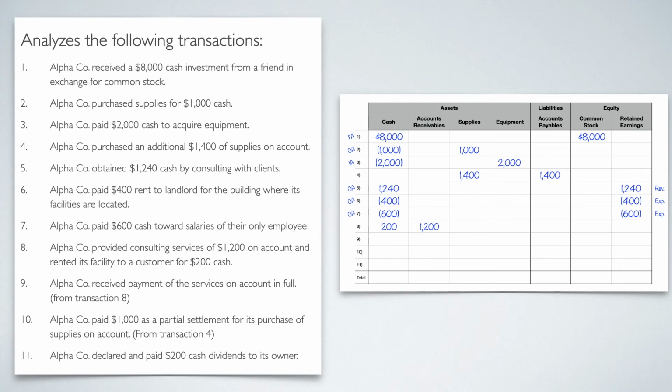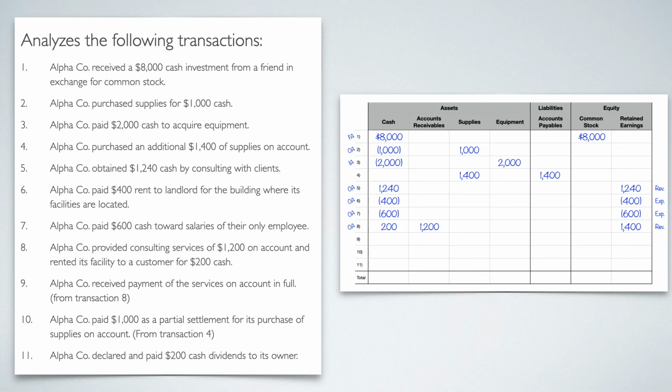This is something that we've earned. We've done two things actually. We've provided a service and we've provided a facility. So we're going to put that under retained earnings because it has made our retained earnings go up. So we'll put $1,400. That makes the accounting equation equal. $1,400 on one side, $1,400 on the other side. This is day-to-day operations. This is what I make my money from. So I'm going to put OA, or operating activities. And then this is, again, revenue because I've provided them a service. So I'm going to put REV to the right. And that is transaction 8.